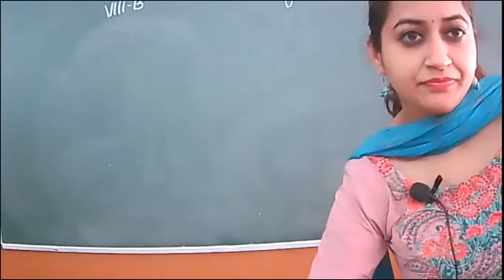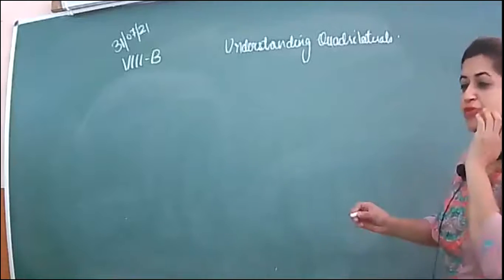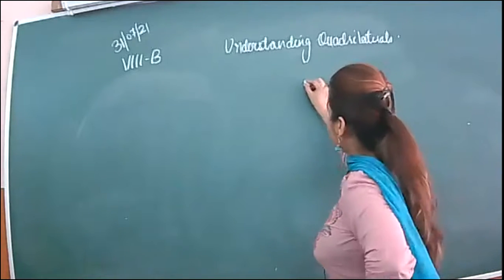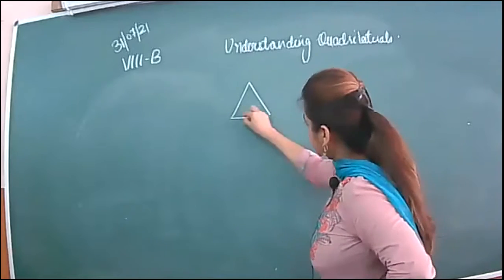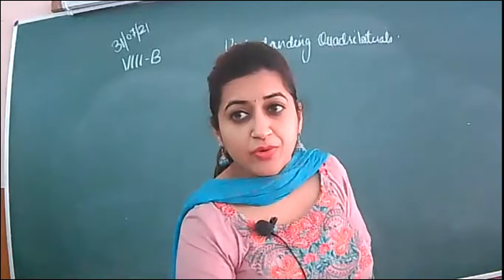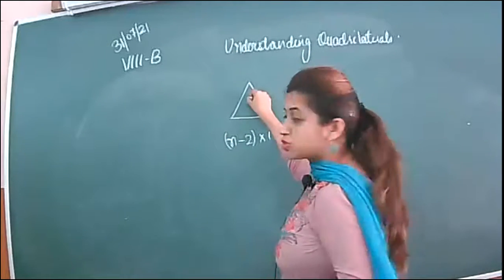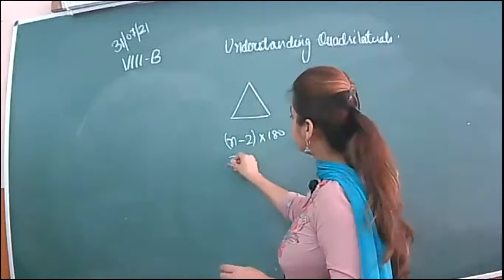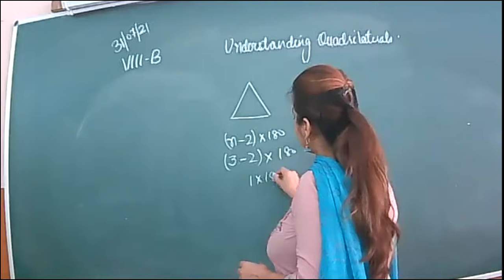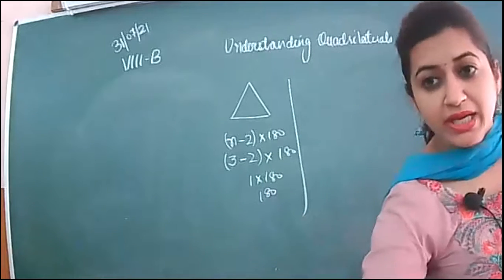Look here. Let's understand the meaning of this formula. If you are given any type of polygon, like a three-sided polygon, the name is triangle. If you use this formula (n minus 2) into 180, a triangle has three sides. You put 3 here, 3 minus 2 is 1, and the answer is 180. And you all know that the sum of all the angles of a triangle is already 180.